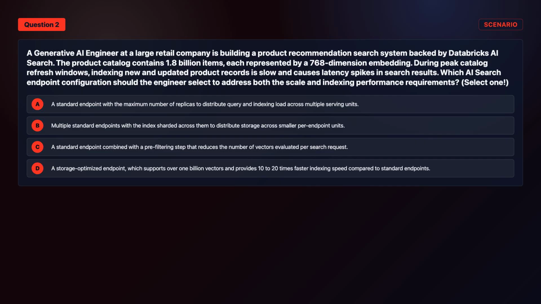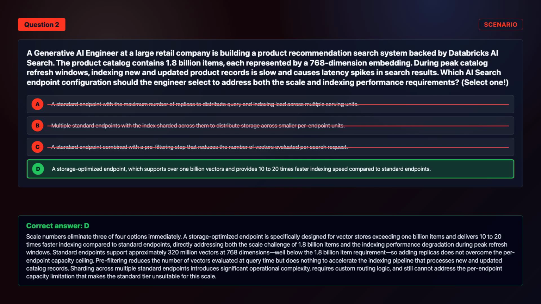Select 1. Review the answer choices on screen. The correct answer is option D. Scale numbers eliminate 3 of 4 options immediately. A storage-optimized endpoint is specifically designed for vector stores exceeding 1 billion items and delivers 10 to 20 times faster indexing compared to standard endpoints, directly addressing both the scale challenge of 1.8 billion items and the indexing performance degradation